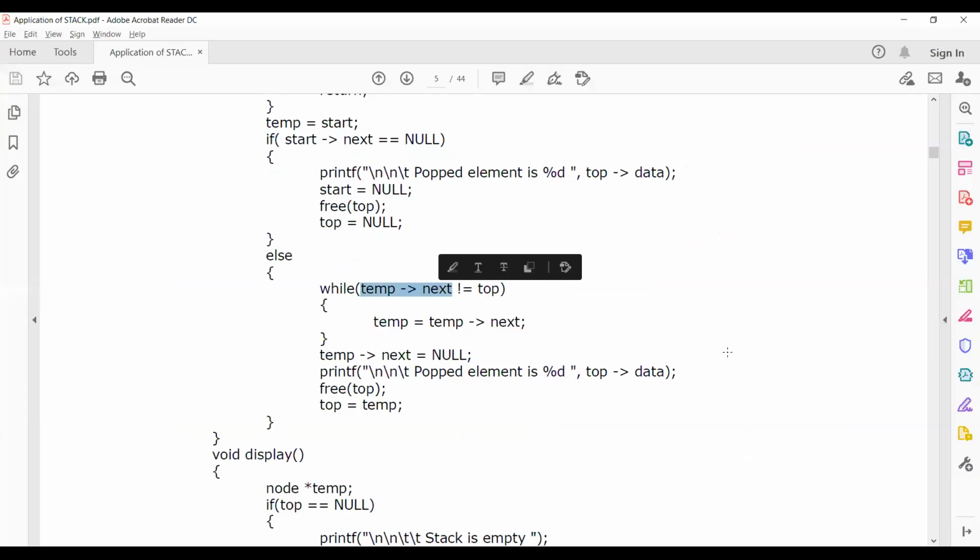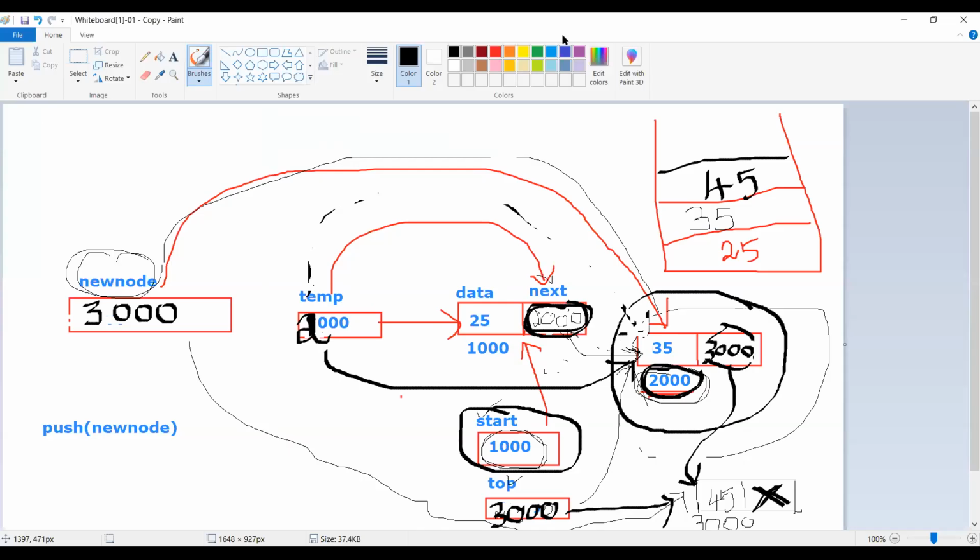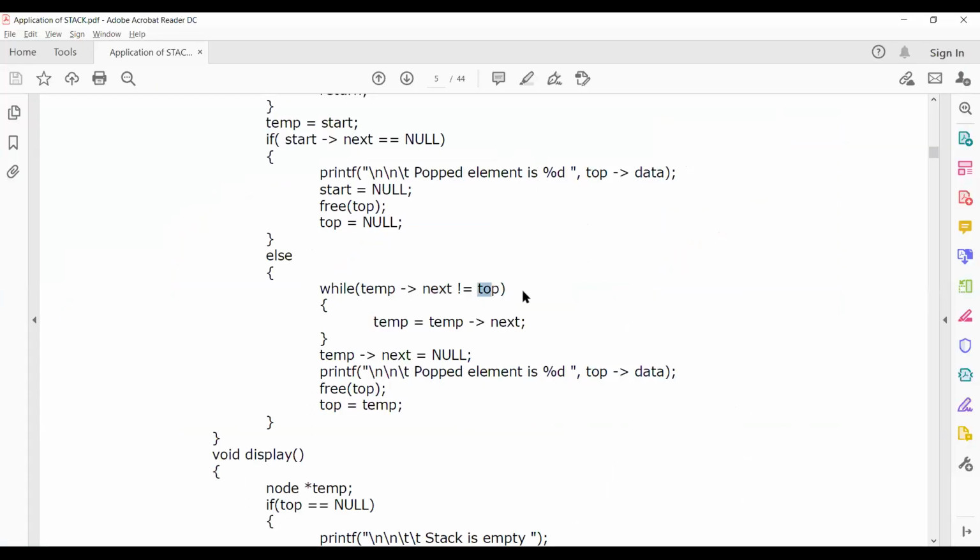Temp next is 3000. So 3000 is not equal to 3000. Okay, so what happens? It's false.